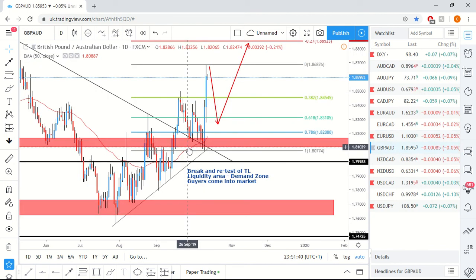Moving on to pound Australian dollar. I'm actually quite annoyed at myself for this one. I planned this up perfectly, and I know a couple of my members caught it, but I didn't actually take it. I actually said to my members, although I got taken out for my stop loss right at the start of the week, I wanted to take this one again.